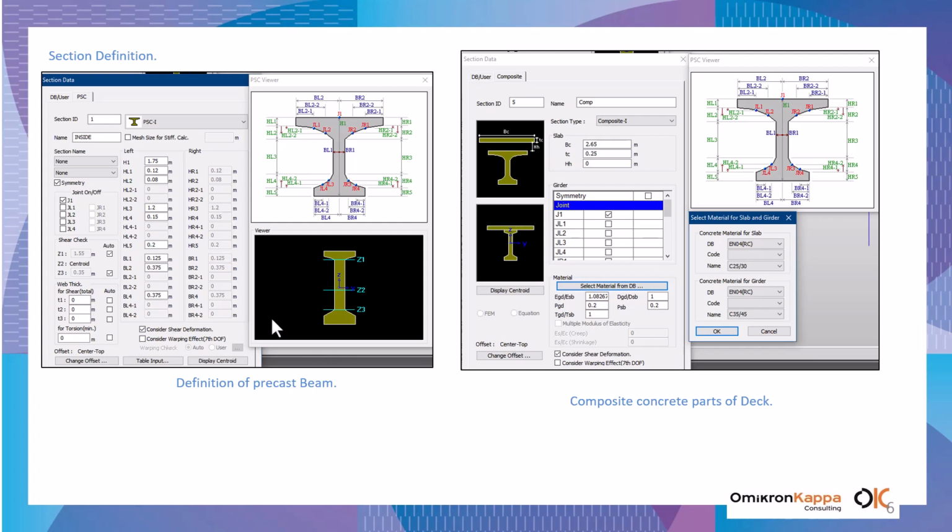So all the dimensions, with the help of some sketch that we have, can be applied, and we can create the cross sections very fast and very easily. Also, on the right hand side, we can see the composite section, made from the top slab and the previously imported beam.